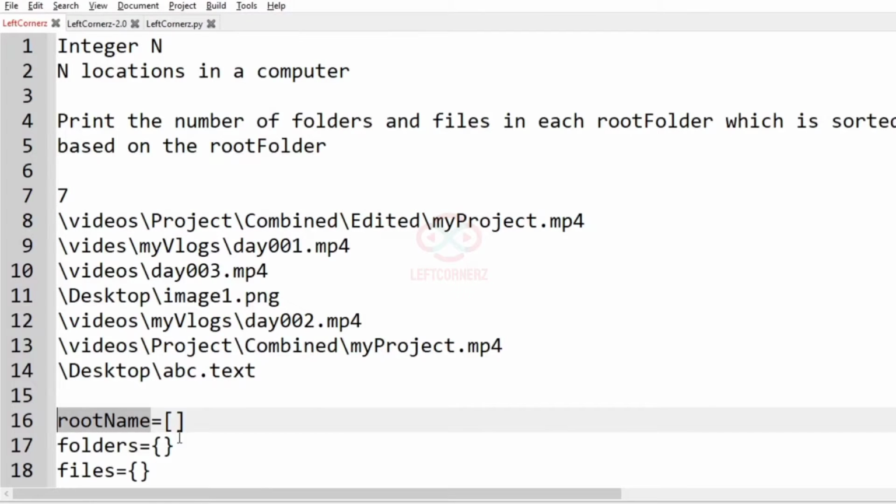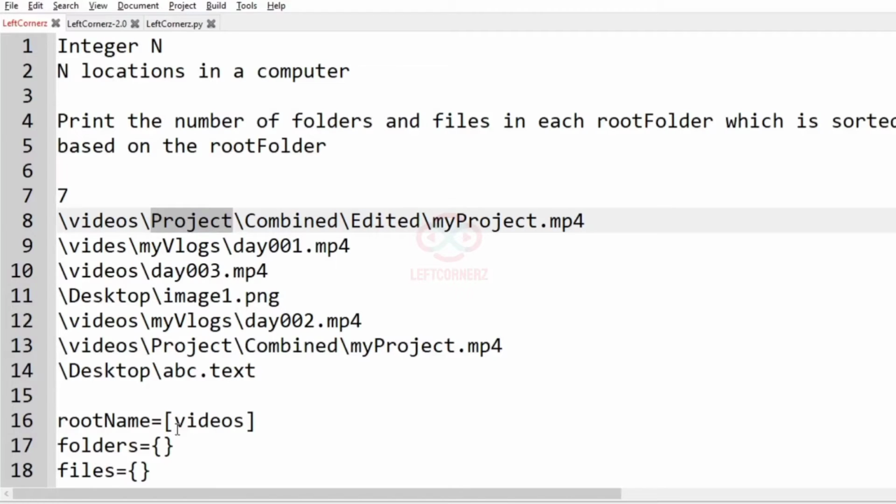So let us add videos to root name. Now videos is added to root name, and next project is a folder because it does not have any dot,